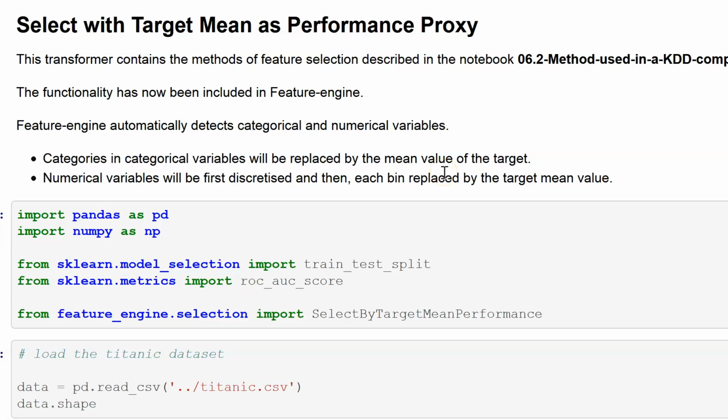Welcome back. Previously, we described how to use the target mean as a proxy to determine if a feature is important or not. We followed a method that was used in a KDD competition in 2009, and what they did is basically replace the categories of categorical variables by the target mean and use that as a prediction, so utilizing that encoding with the target to determine a metric, for example the ROC-AUC, to see if this was a predictive